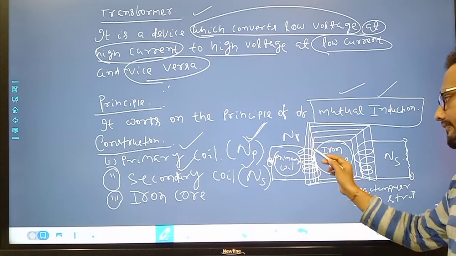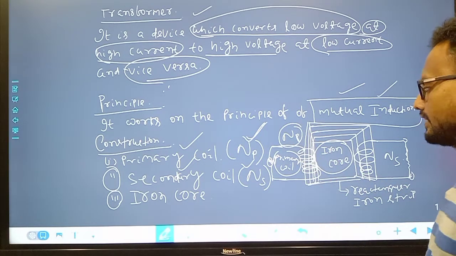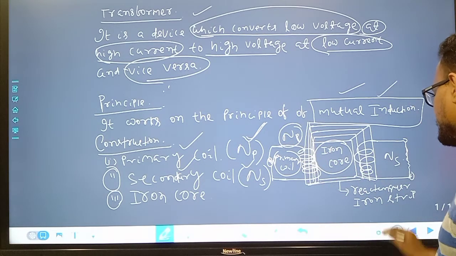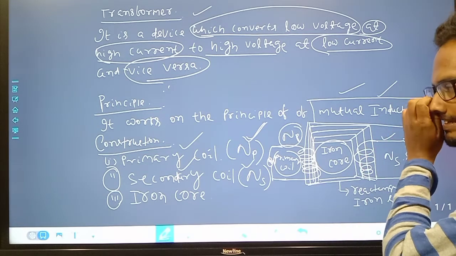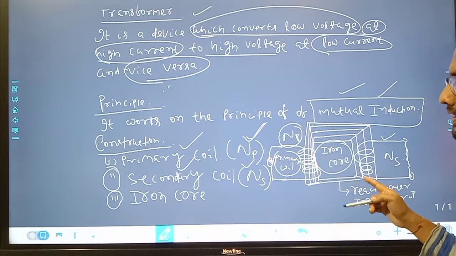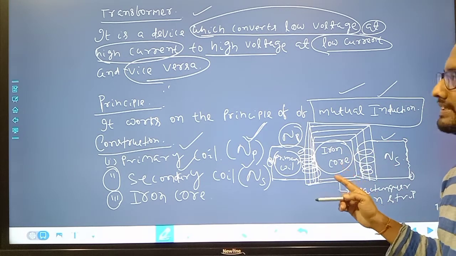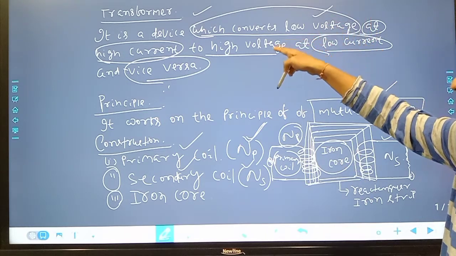If there is a change in magnetic flux in the primary coil, according to Faraday's law of electromagnetic induction an EMF is produced in the secondary. Clear? So now we will discuss what is the theory, what is the transformer equation, and what is the efficiency. So this is the definition of the device: what is a transformer? It is a device